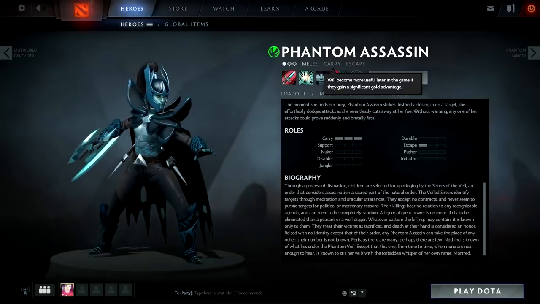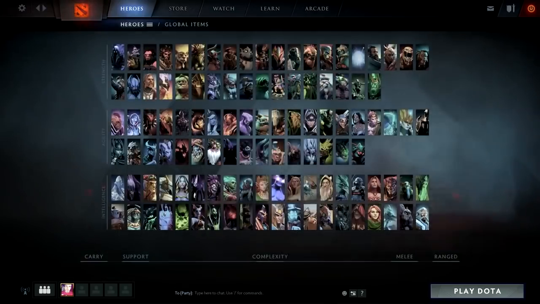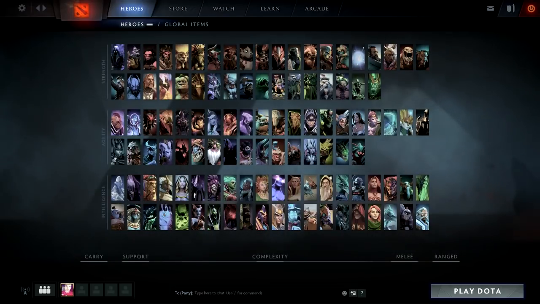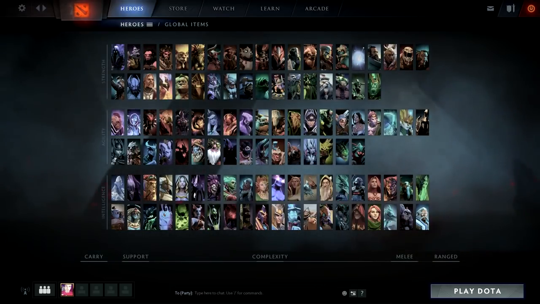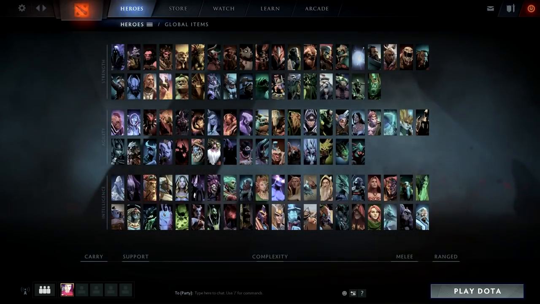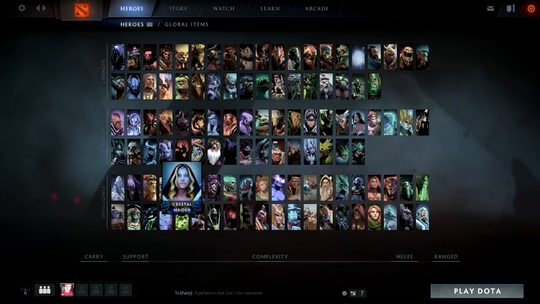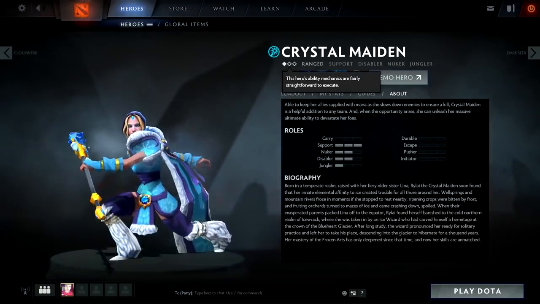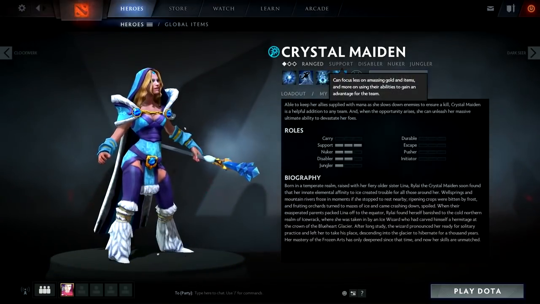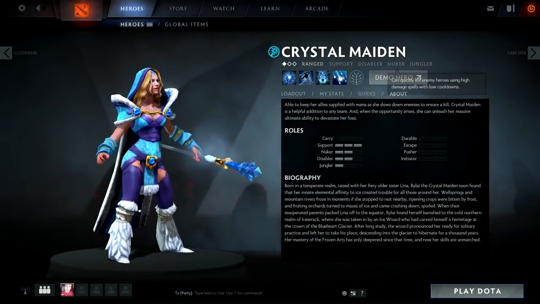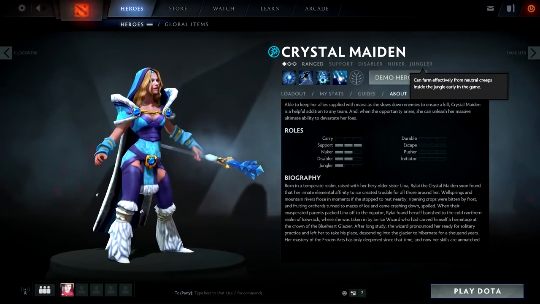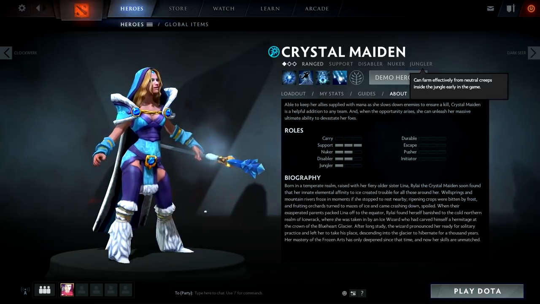Like I said, there's different positions, so a carry is going to be a good one with PA. Let's look at some intelligence heroes. The one I'll show you is Crystal Maiden. So we have another level 1 complexity, really easy, ranged support, disabler, nuker, and if you notice, it actually has listed as a jungler. And a jungler is someone who can farm effectively from neutral creeps inside the jungle early